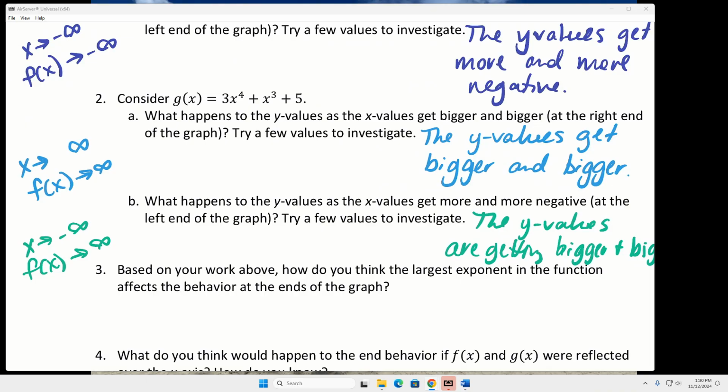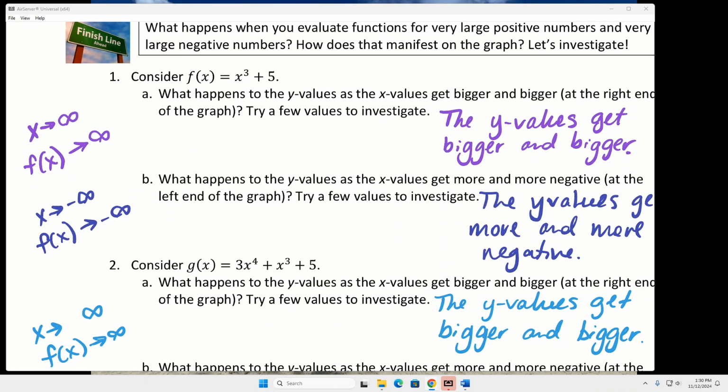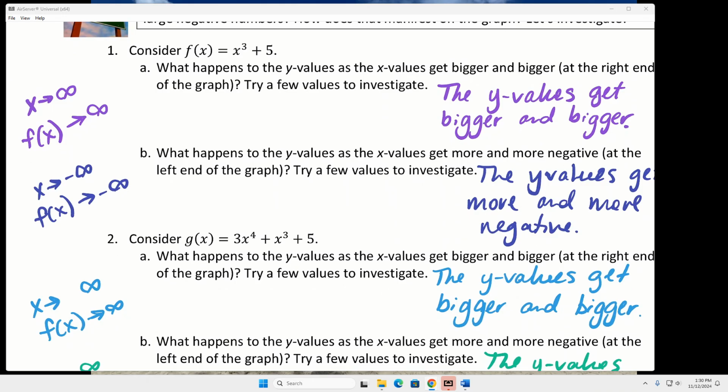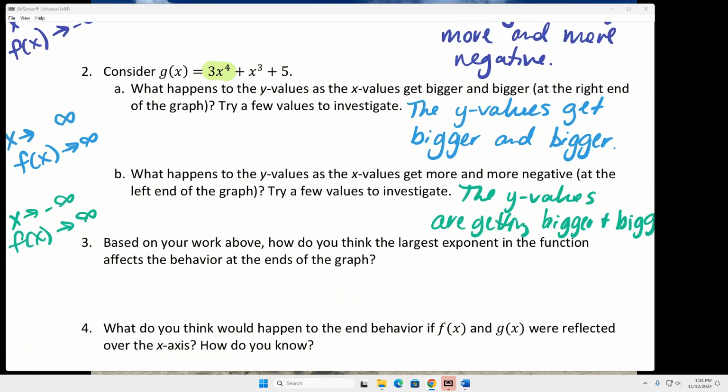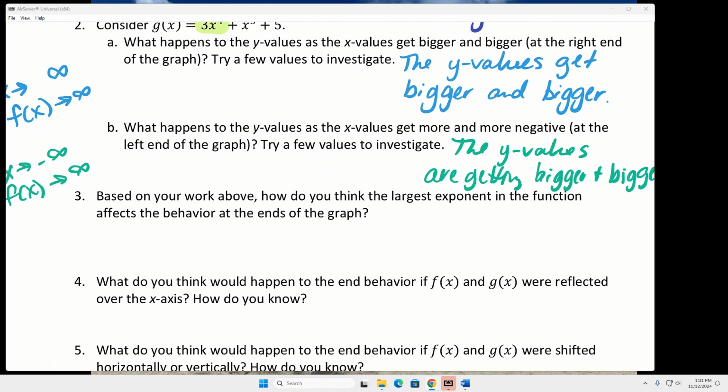Okay, and there is only one term in either one of these functions that matters when we're talking about what happens when x is really, really big or when x is really, really small. And it's the term that has the largest exponent. And so the next question says, based on your work above, how do you think the largest exponent in the function affects the behavior? So it's the one that determines